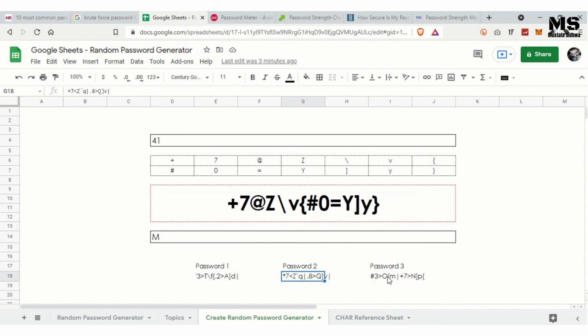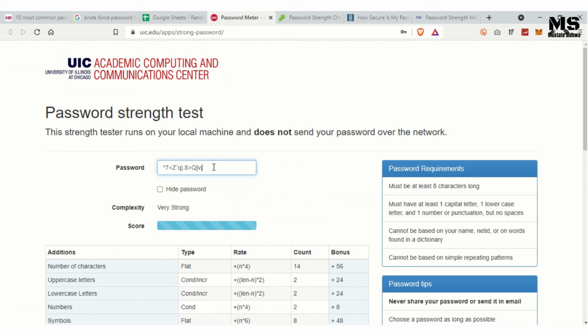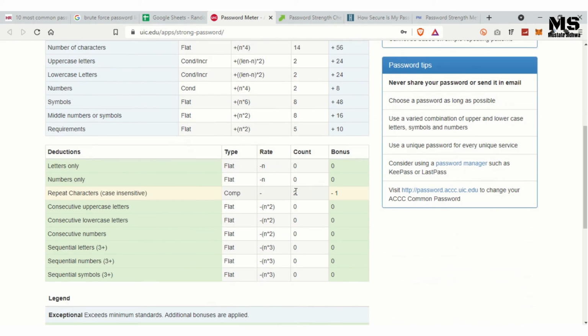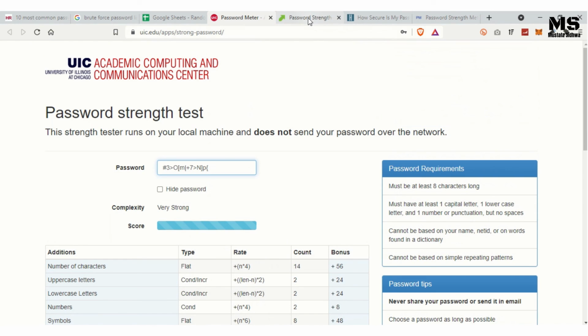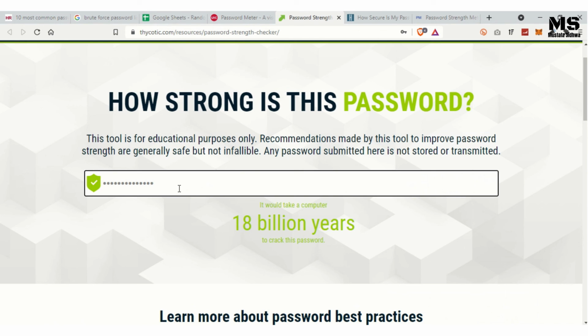And now the last password to be checked. So this is the password. We'll come back over here and see what it says. It says it's a very strong password again. Let's check what the status is out here. And here again it says 18 billion years.